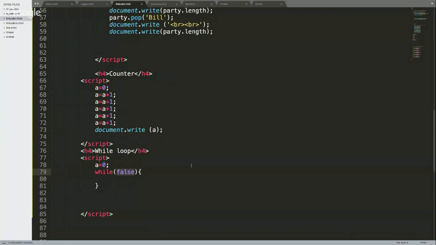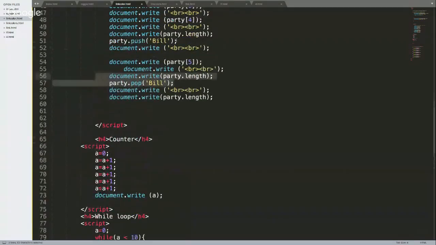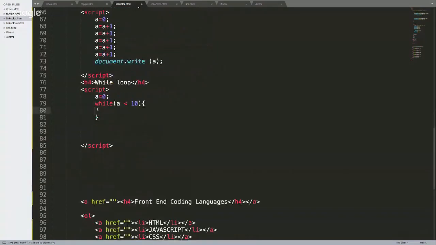So how are you gonna create the condition? So we're gonna put A is 0 and compare it with 10. So it's true, because A is 0. So it can write document.write. Okay, we'll get that. Because it's true, it can write